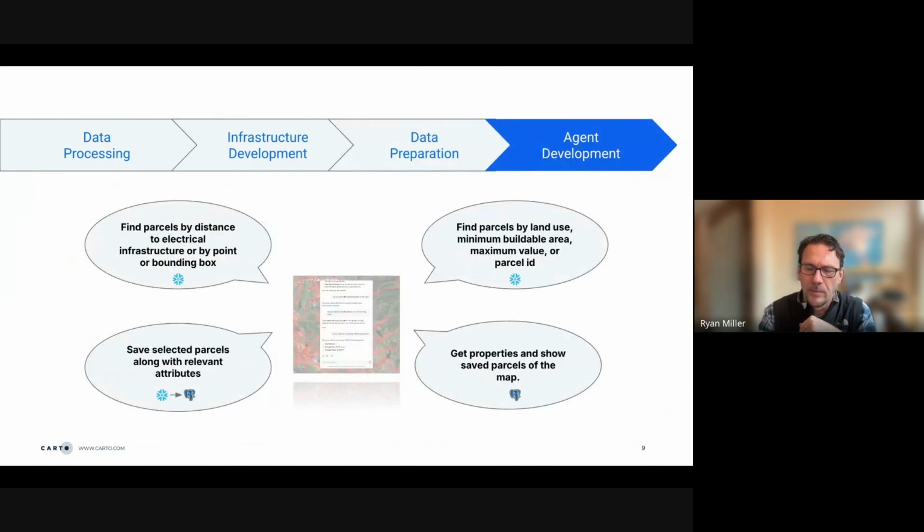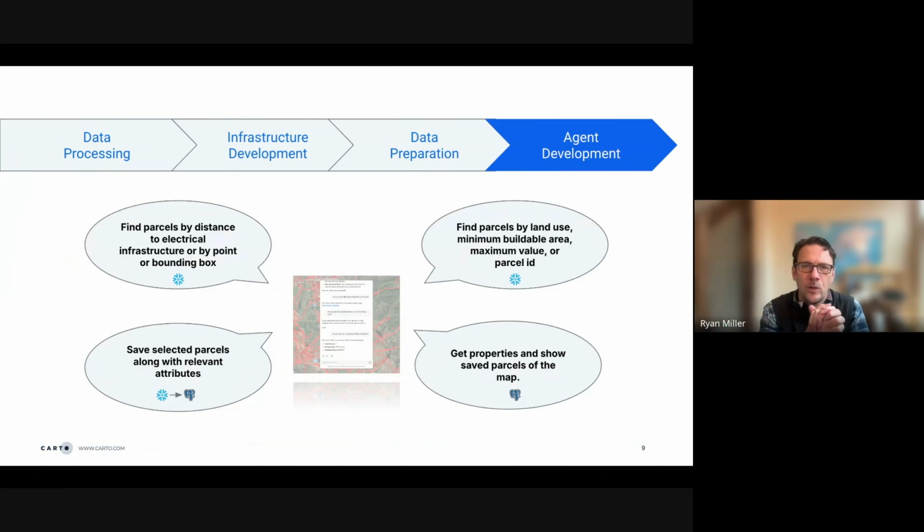So now let's spend a little bit of time talking about the agent and which data source it operates against. When we think about things like distance or these cross-tabular executions, those will be performed in Snowflake. So I have both the parcel data sets and the other geometries, whether they're the lines from the transmission lines, or the points from the power generation facilities and substations. So we allow you to do those types of queries across tables.